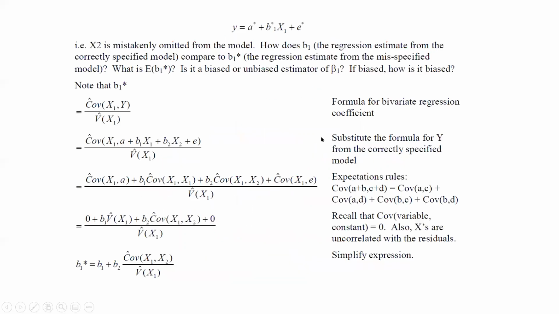So here is a proof, and I'm not going to make you go through this. I think we'll focus a little bit more on this on Monday, but basically if I leave out an important variable, so let's say X2 is this other important variable that I've left out of my regression. When I go to get my estimate for the slope coefficient between X1 and Y, the variable that I use in the regression, the coefficient estimate that I get will include the real effect, but also this additional component,